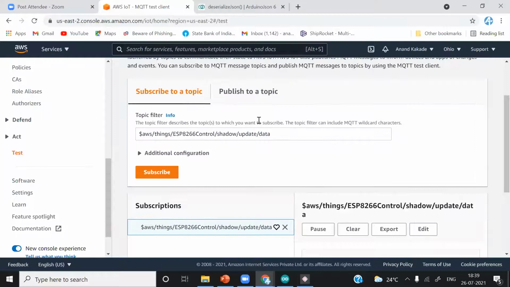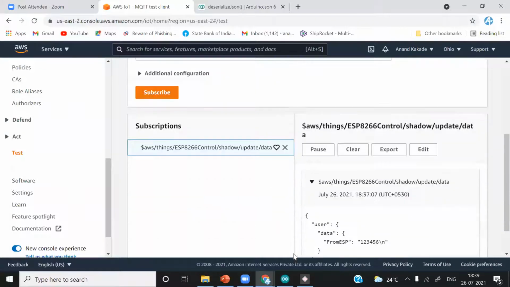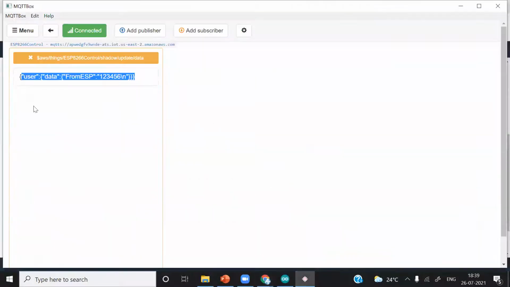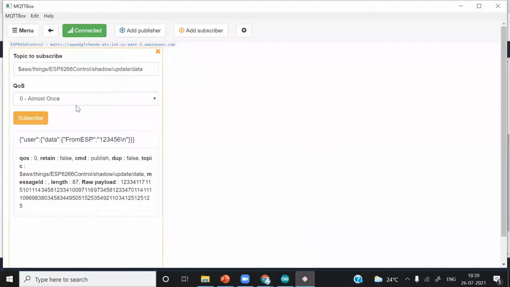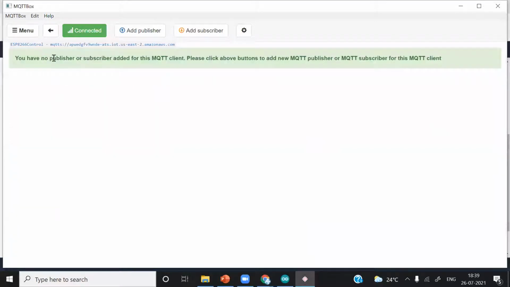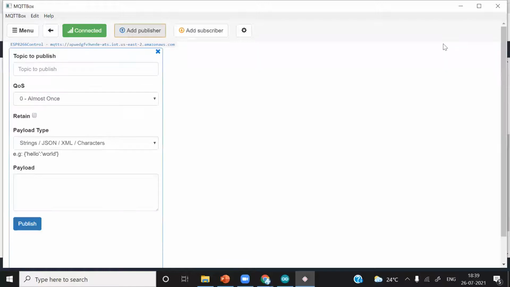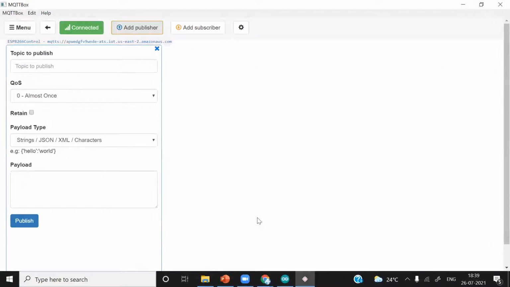Now what we will do, we will try to control the LED of ESP8266 using both the clients. So we'll first do it with this MQTT box. I will add a publisher, and after the publisher, you must first add the topic to publish.